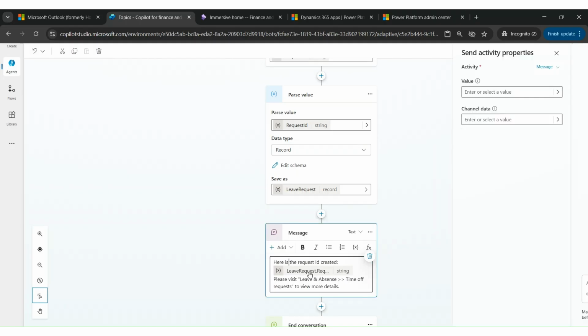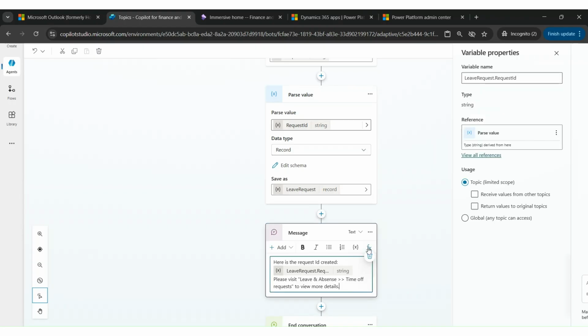If you click on this leave request and you go to FX, which is the Power FX formula, you can access the different components of your record, the different fields of your record. If I click on insert Power FX expression, I can see the leave request fields that are created